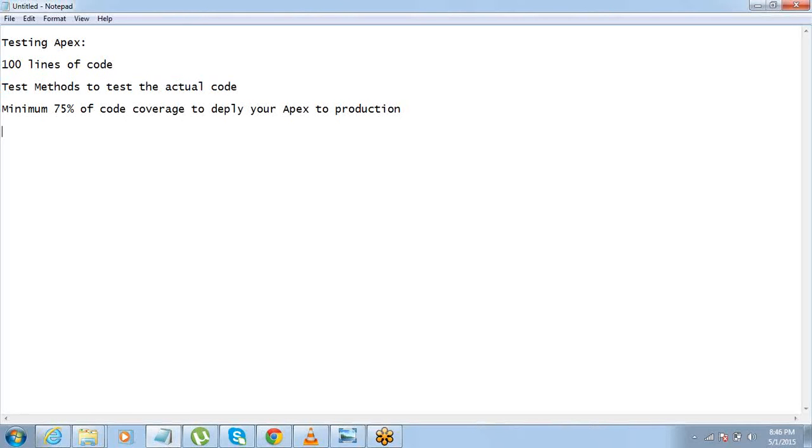Now let's understand what exactly we do in the test. Let me just explain this to you in a very simple format. Let's say in your actual code you are trying to insert some data. Okay, so your actual code operation will have some insert operation being executed. Let's say that is the thing. So in your test code, what do you have to do?